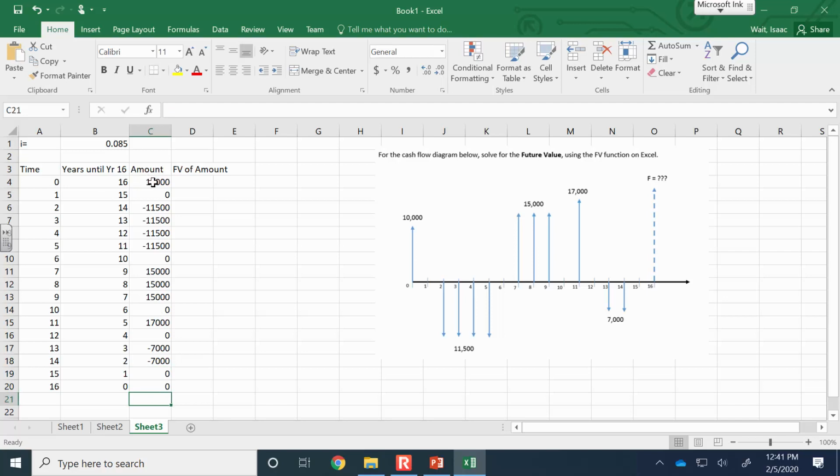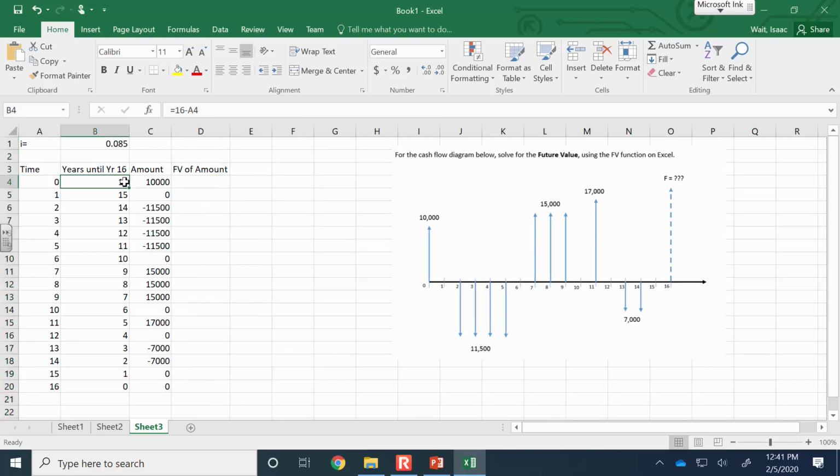Okay, we have a cash flow table. How many years is it going to move? This 10,000 is not going to move 0 years to get to 16. It's going to move 16 years. So at NPER, I'm going to have to make reference to this secondary time column. So equals